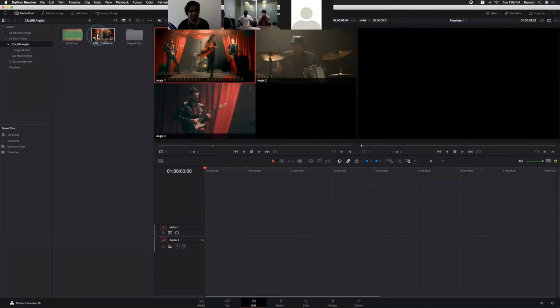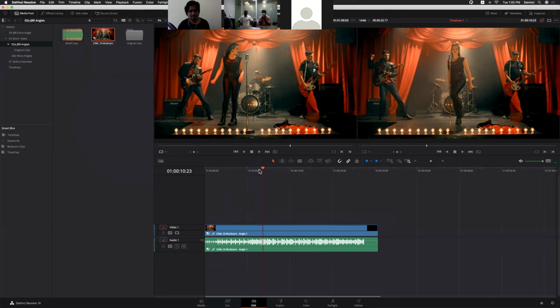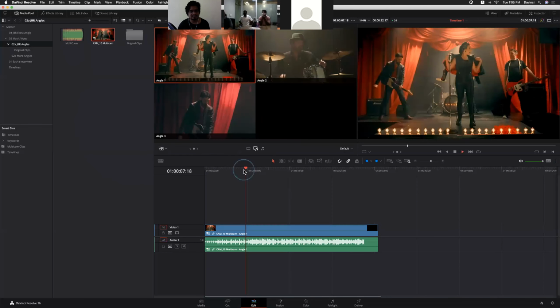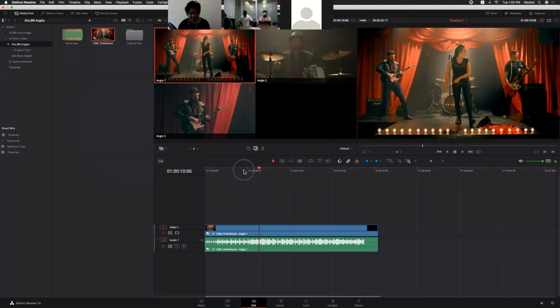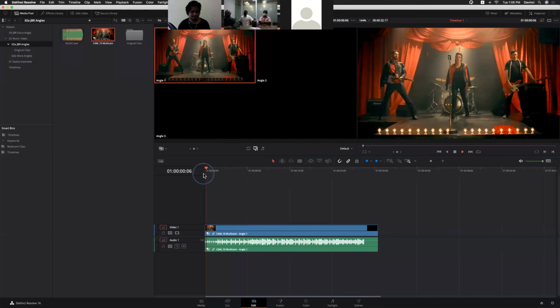If you want to see the preview, the canvas will show you the preview, okay? And simply drag it to the timeline. Now, if you want to load your multicam clip in the viewer, select this, select multicam clip. Now you are able to see multiple angles. But it's a very simple one. We'll discuss the complex one later. So see, maybe here if you want to add both audio and video from a particular camera angle, let me show you. Play.